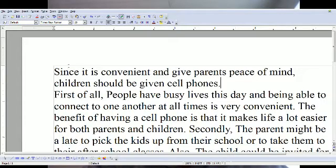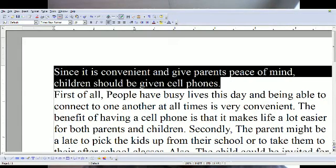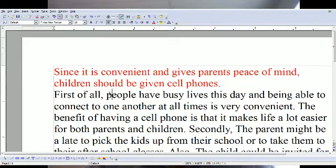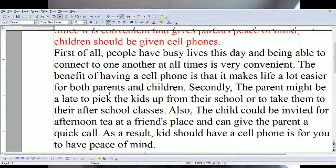So this is what I would say right here. I would say something like this. So you say, since it is convenient and gives parents peace of mind, children should be given cell phones. Then you get to your first idea. So the benefit of having a cell phone is that it makes life a lot easier for both parents and children. Secondly,